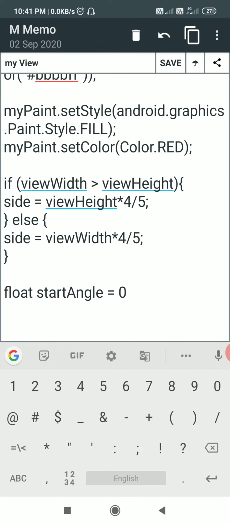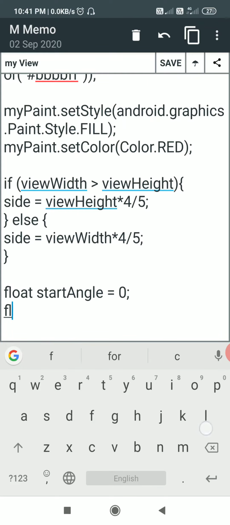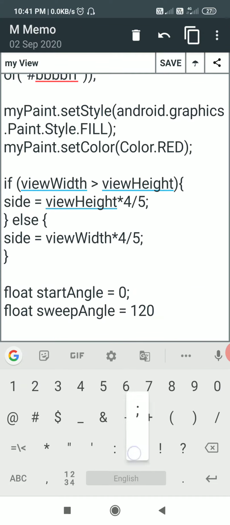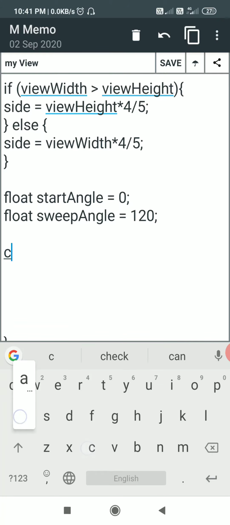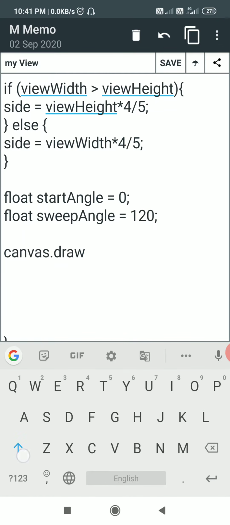Then I will define another float called sweepAngle, and I will set this to 120. And now I will draw the arc by writing canvas.drawArc.